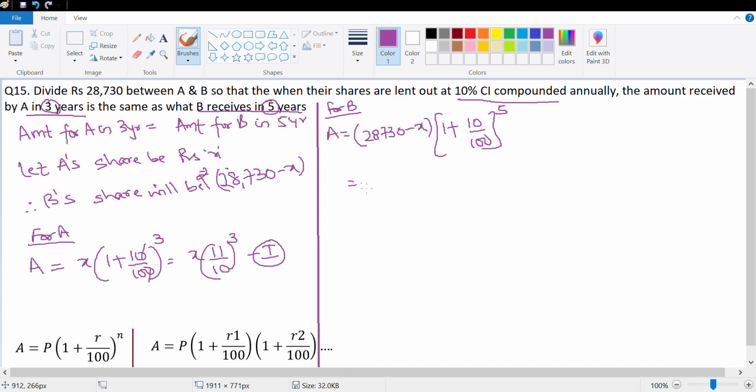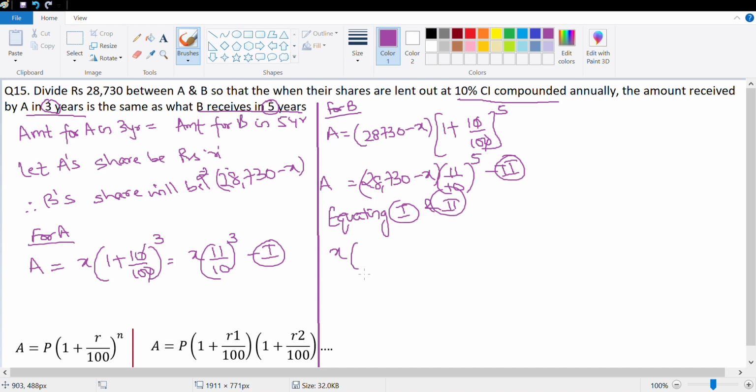Now this is 28,730 minus x multiplied with 11 upon 10 raised to the power 5. That's equation 2. Now, as per the question, both of these are equal, which means equating 1 and 2. What we get is